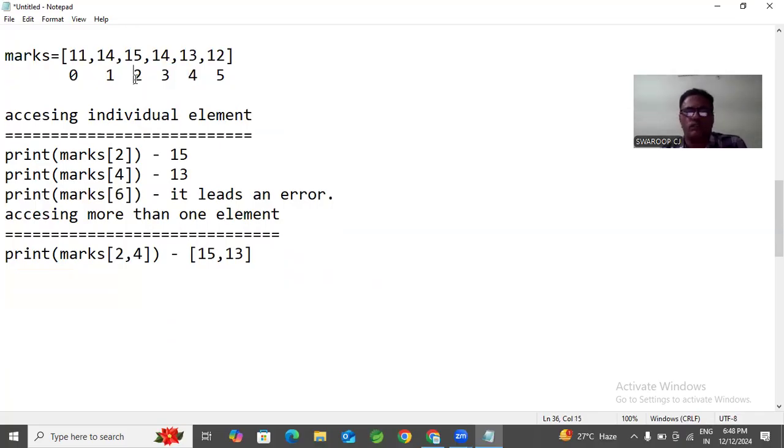So if you want to get the numbers which are in successive index numbers, you can get like 0, comma 1, comma 2, like this. Otherwise, if you want to specifically mention this index number, comma this index number, comma this index number, that can also be possible. Okay. And the third, accessing